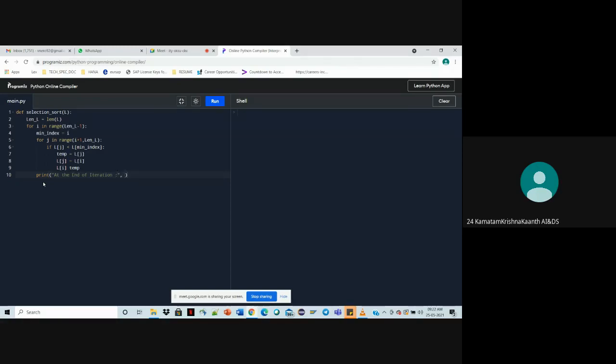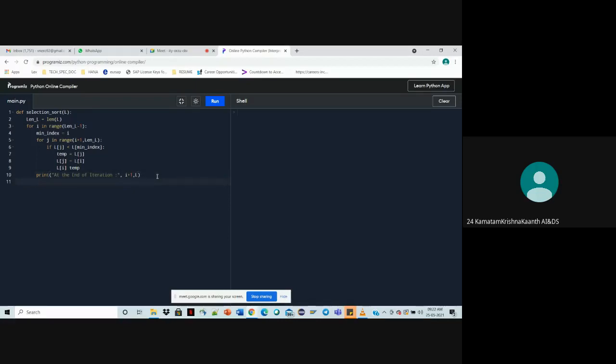Here I'm going to write I plus 1, because the first value of I is 0. If you want to show it as the first iteration, you have to write 0 plus 1, that is 1. And to the L, that is the last element of the list, we have to print the list also. At the end of this for loop, we are going to see what happens.